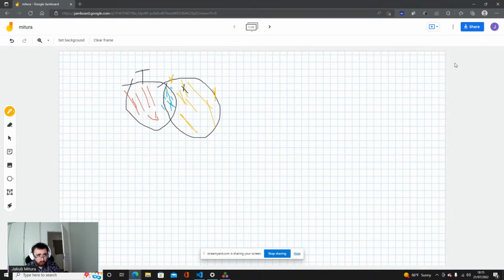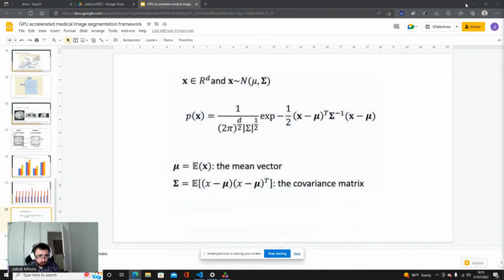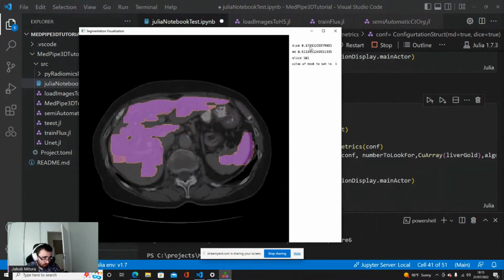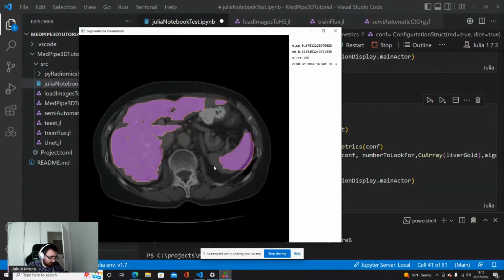So when we are looking back at the image, the Mahalanobis distance is not completely a metric, so it's not normalized, at least not in this case, to the range between 0 and 1. But here you can get the idea that if you did it a lot of times and compared between different cases, the Mahalanobis distance will give an additional penalty to all voxels that are distant from the true image.